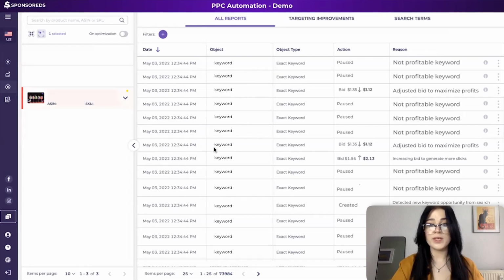Or maybe we increase the bid for a specific keyword to generate more clicks and get more data to see if that keyword has potential. Or on the contrary, we can lower the bid to maximize profits if we know that keyword is performing great. So all of this is running 24/7, nonstop. You don't have to do a thing. You can just access it from your reports tab, and you can see all of the changes that have been